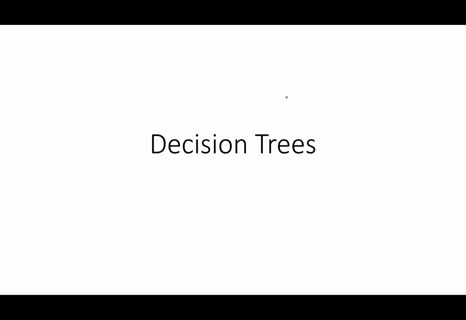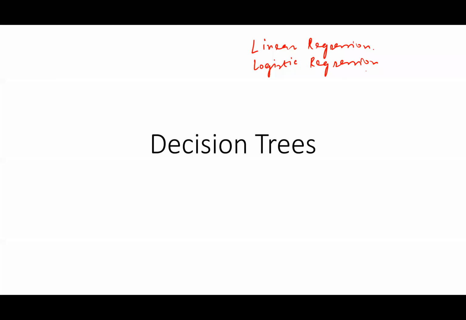Welcome to this lecture on decision trees. So until now, we have studied a few algorithms. We started with linear regression, which basically solved the problem of regression. And we introduced linear regression so that we could go to logistic regression. From logistic regression, we saw that it's a linear classifier, which ultimately gave us a decision boundary in the form of W transpose X plus B.